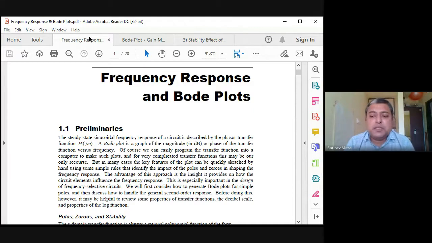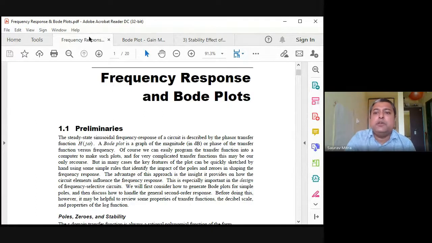Denominator is suppose s plus 2, s plus 4. So understand each and everything I'm saying properly, and you should be able to tell like this, the way I'm explaining. And denominator is suppose s plus 2, s plus 4. What is meant by that? The roots are s plus 2 and s plus 4, means roots are at 2 and 4, negative whatever. That means there are corner frequencies at 2 radian per second and 4 radian per second. Now what is meant by corner frequency and all those things we will see, and what happens at the corner frequency, that also we will see.